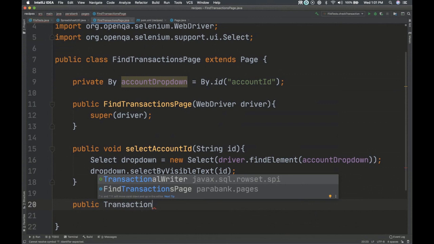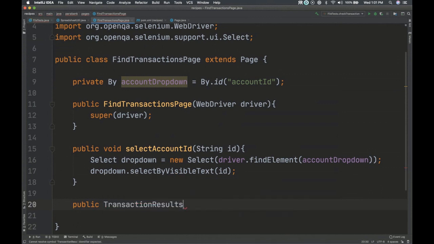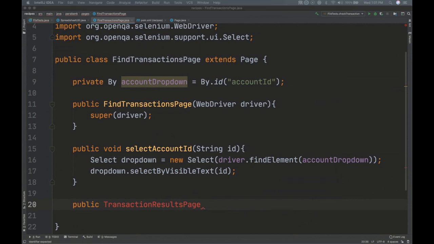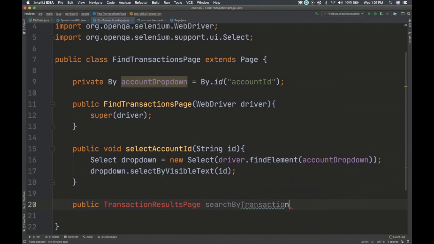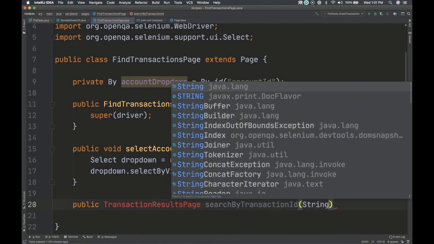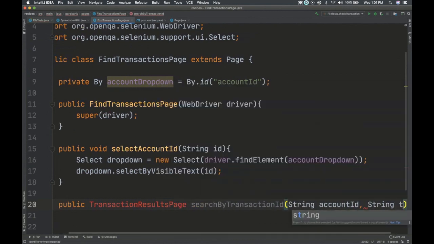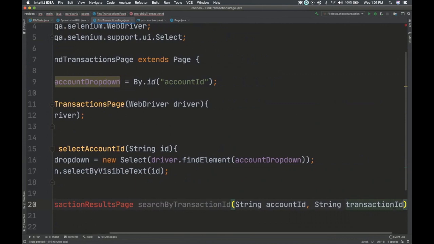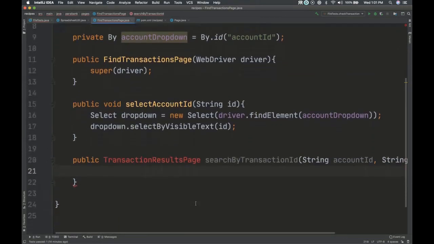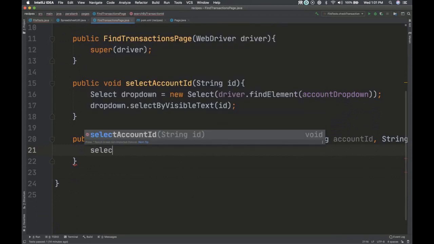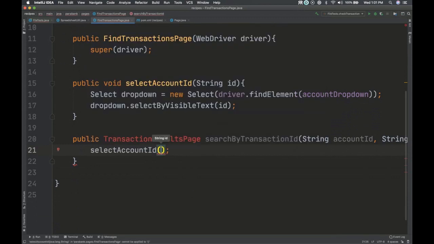Transaction results page. And we'll call this one search by transaction ID. And you need to give us the account ID and give us the transaction ID. And then I'm going to say, okay, first thing is to select that account.